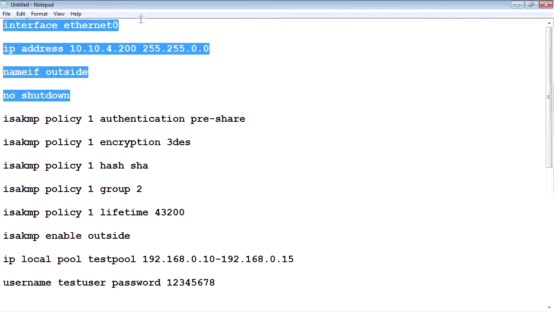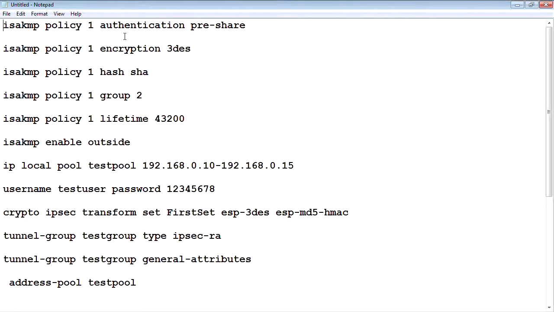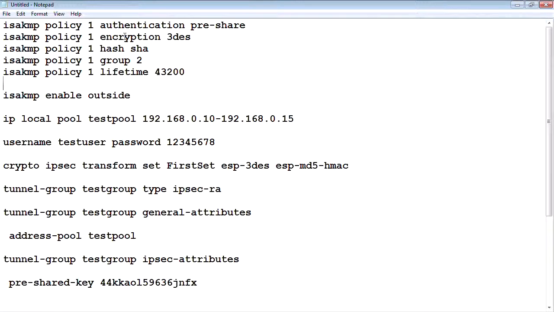Okay, so if we start at the top, we know we don't need the interface configuration. That's already ideally going to be configured on the ASA. First step would then be our ISAKMP policy. Just like for the LAN tunnels, we're going to start at the lowest numbered policy, which in this case is number 1, and we're going to work down from there, just like an access list or a route map, where as soon as the first match occurs, we're then going to use that policy and not look at any of